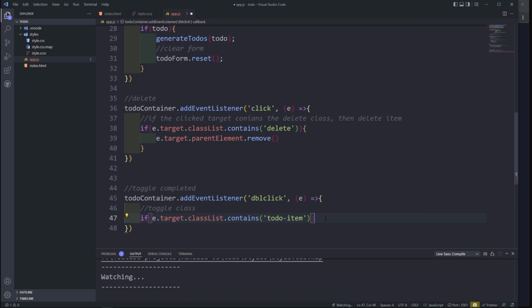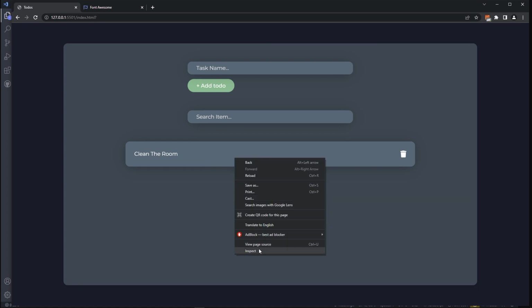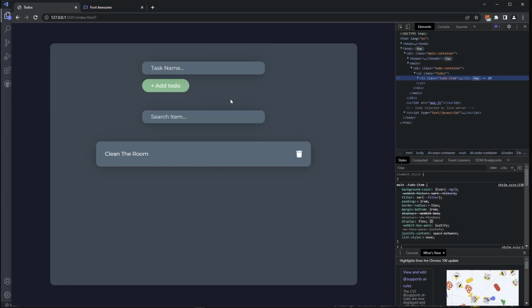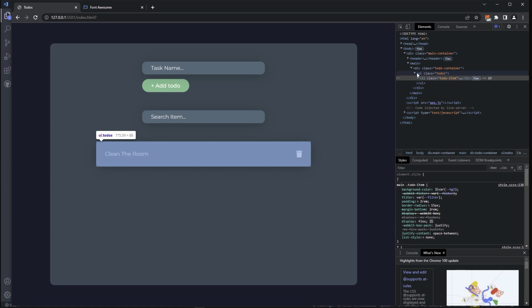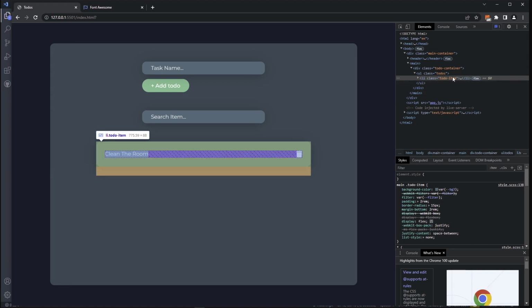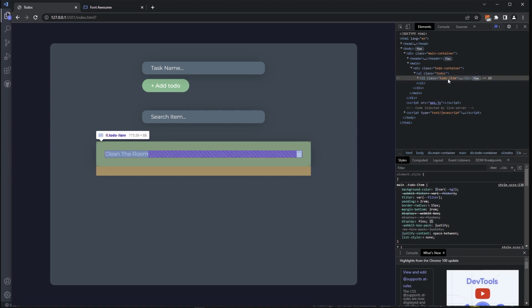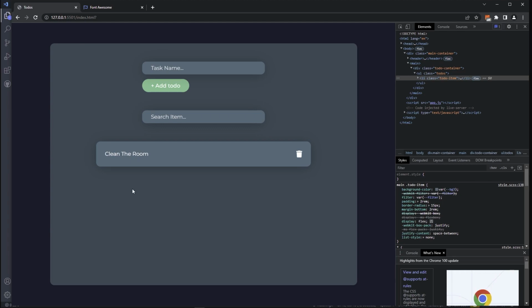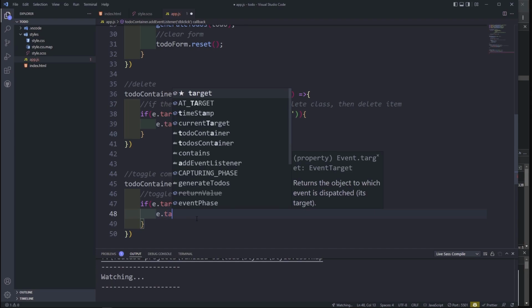Okay, so here I'm going to target an item, this list item here. So the event is set on the to-do container, which is this to-dos here, this UL. So when I click inside this UL, I'm looking for an element with a class of todo-item. So if I happen to click on that element with this class name, I want to toggle a class on that element that I clicked on. Okay,